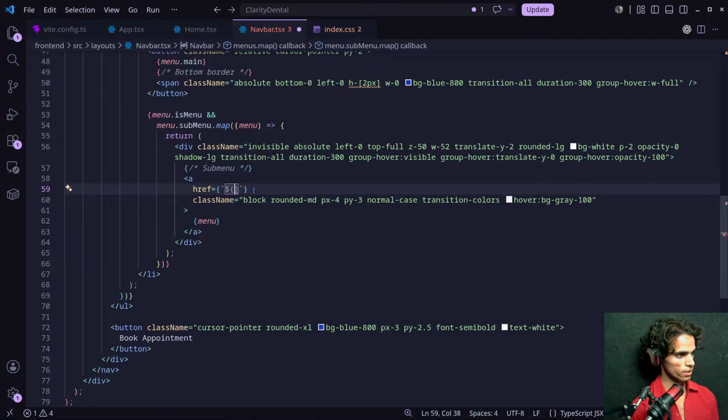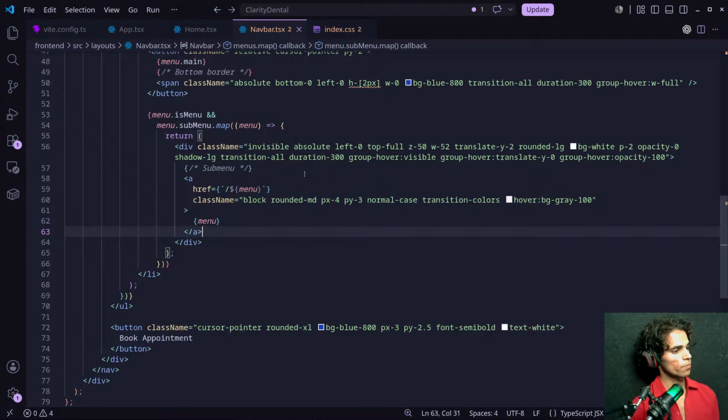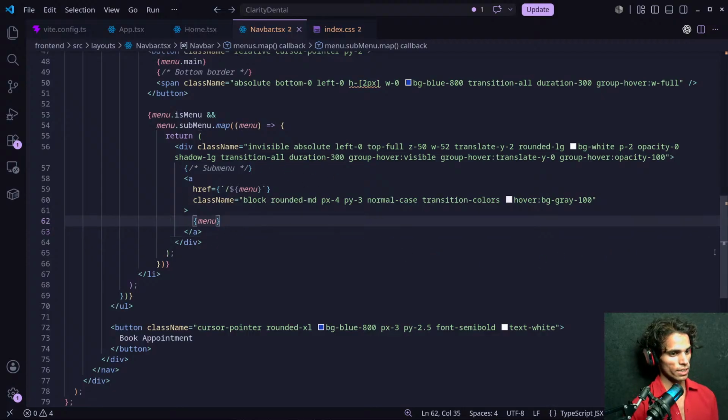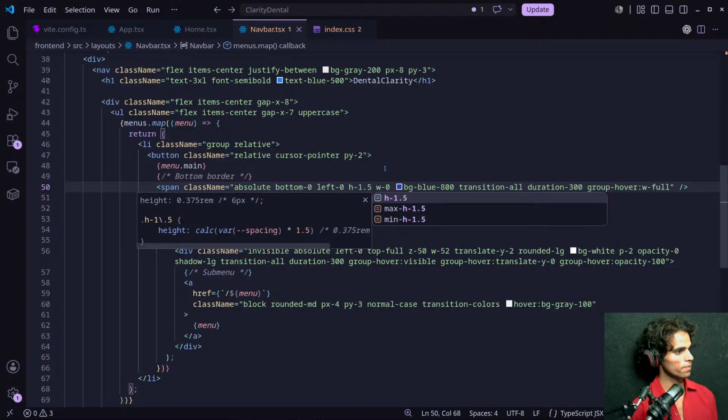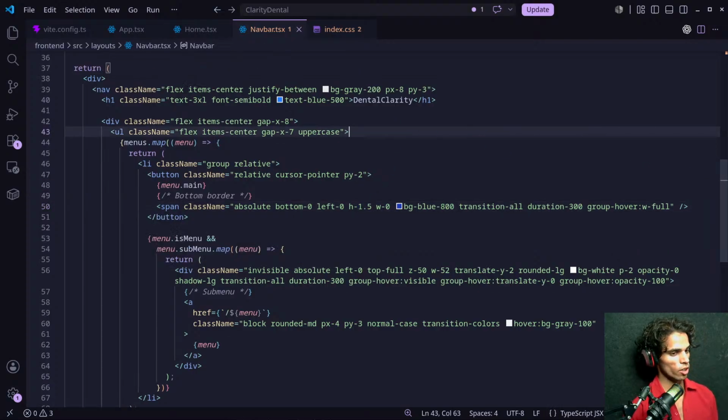So I will just say this is okay. Yeah, this is what we want to implement. And now, let's change this to 1.5. Okay, 1.5, and you can see how much we have managed this.